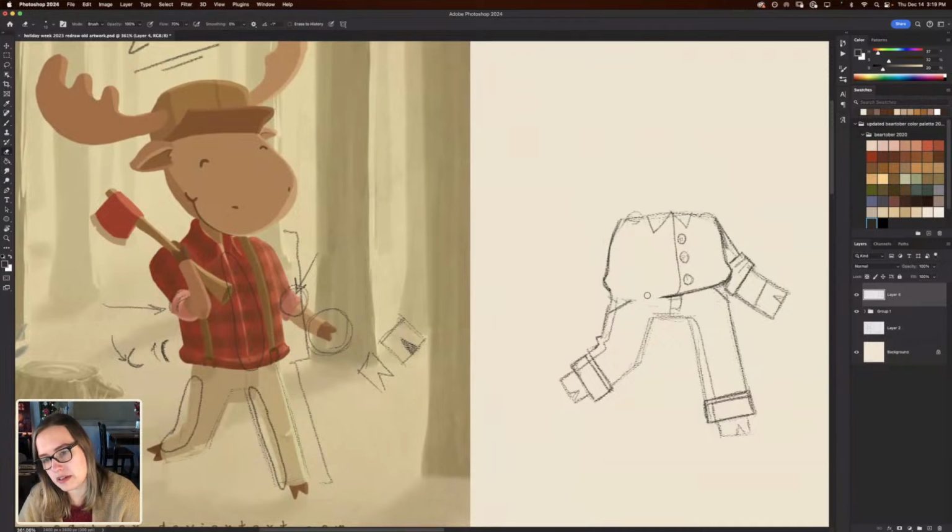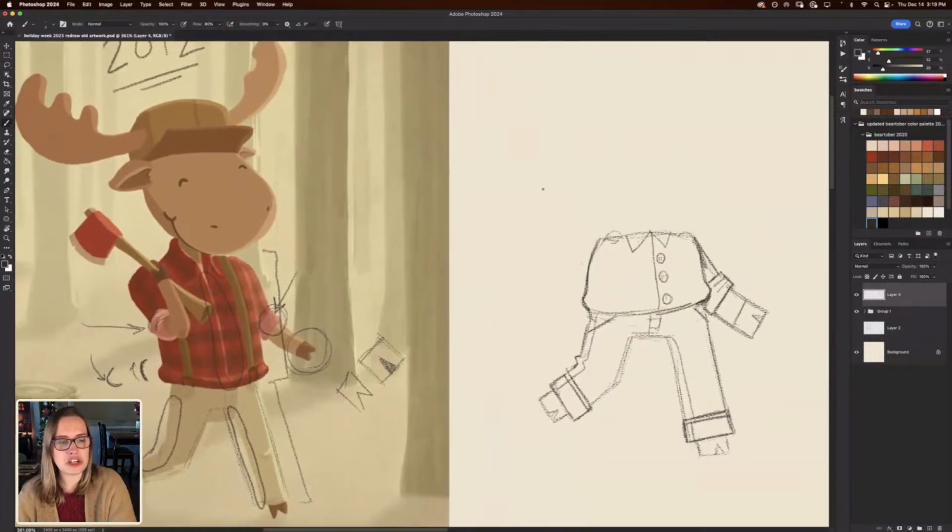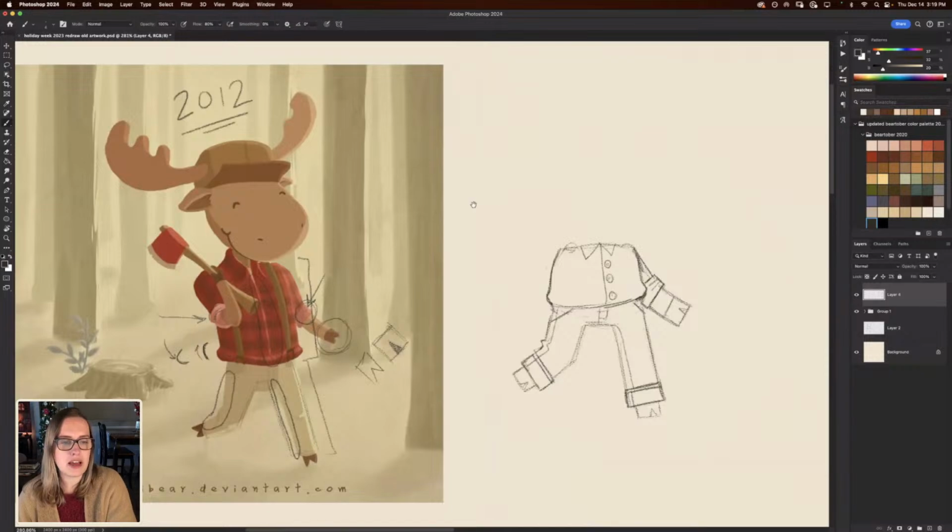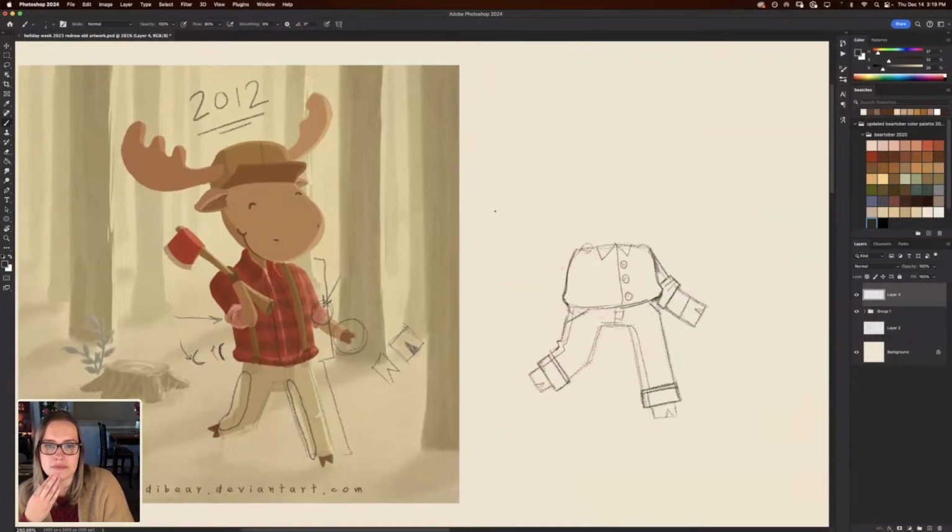I'm also feeling like his shirt is still a little bit too saggy. I'm going to pull that up. Okay. And the head shape. Now, the head shape's a little odd because I don't actually draw Moosei very often. So I'm going to try to figure out, let's see, I guess that's a good shape. Yeah, okay.